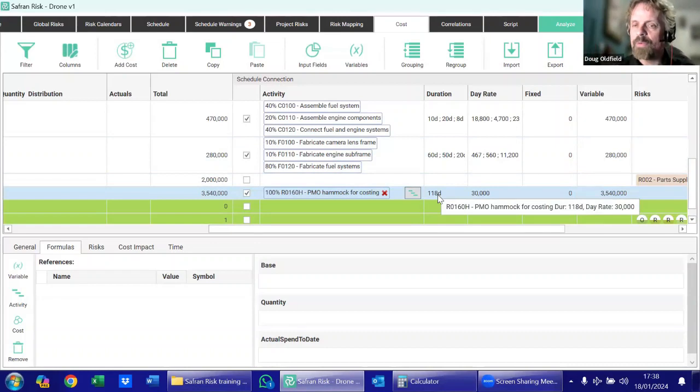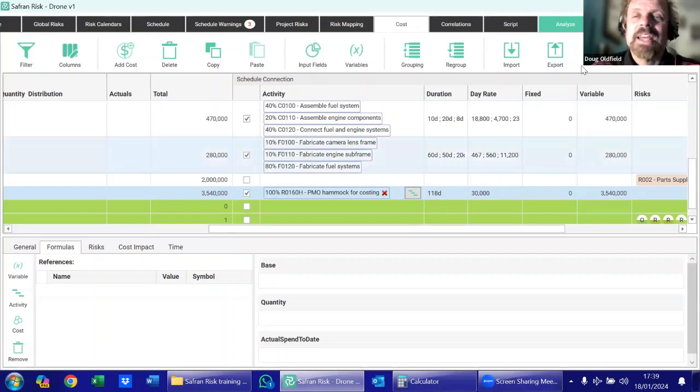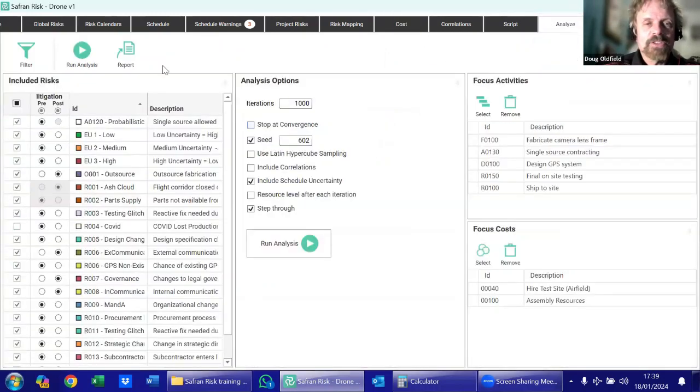And so what that means is that if we were taking a daily rate for that, every day that this activity or this hammock lasts is going to cost us 30,000 on our project. Now, of course, this is in a deterministic world. We don't need to do this step. But when we start to build a probabilistic model where our activities start to move around depending on how long they take, what's going wrong with our project,